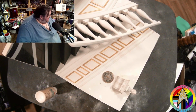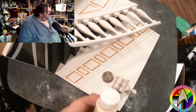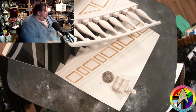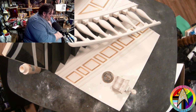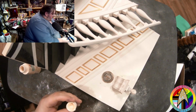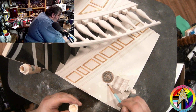Okay, everything is dry. I've given it a sand. It's pretty smooth. Like, you can barely even notice where the spots are. Got this Apple Barrel paint, Toasted Marshmallow. This is what I was telling y'all about that I used on the statue there. That appears to be pretty close. It's a nice creamy color. We'll just come in